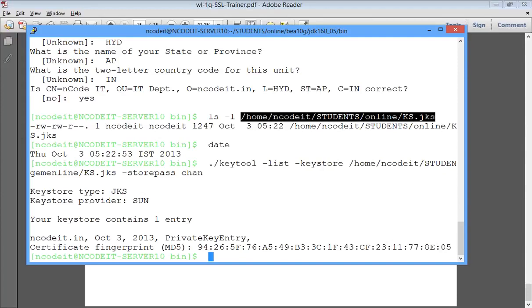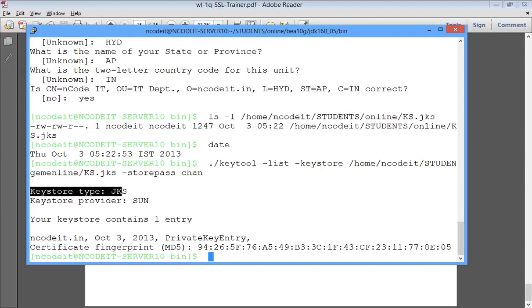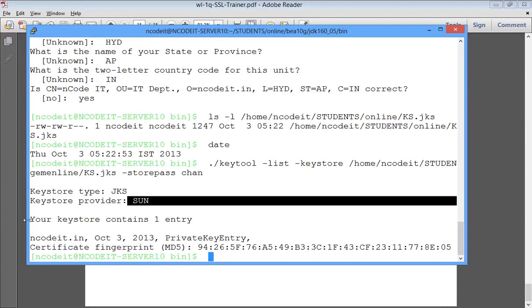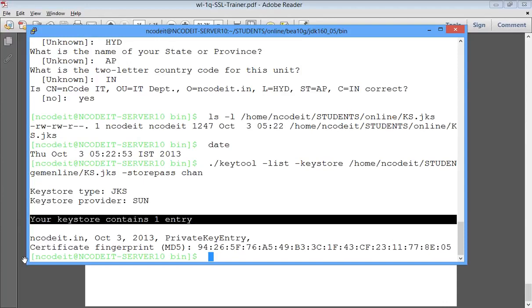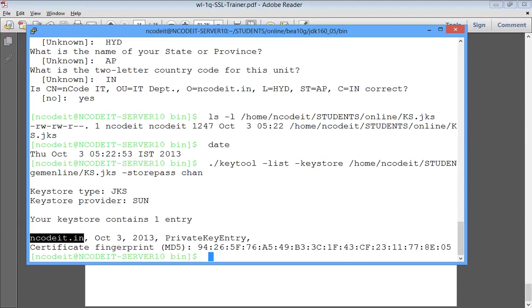Now that lists everything. If you see this one, it's a Java key store, provider is Sun Microsystems. Your key store contains one entry. This is that entry, encode IT.in. Obviously the private key is not listed. It simply says a private key. Now using the list command, what we are getting is how many aliases are actually stored in